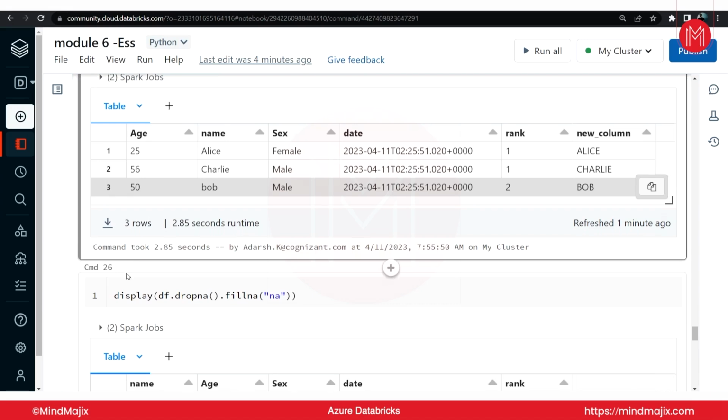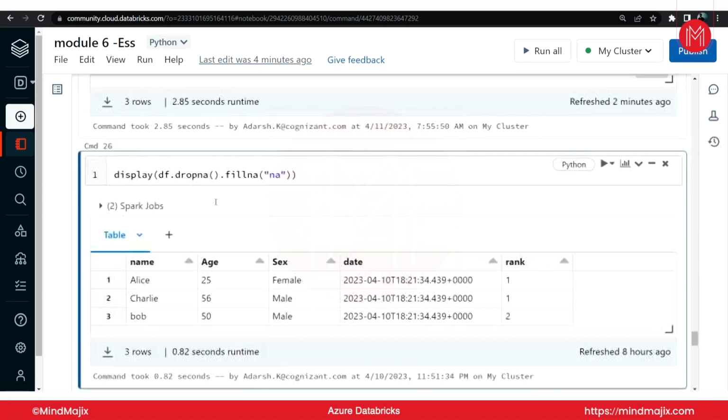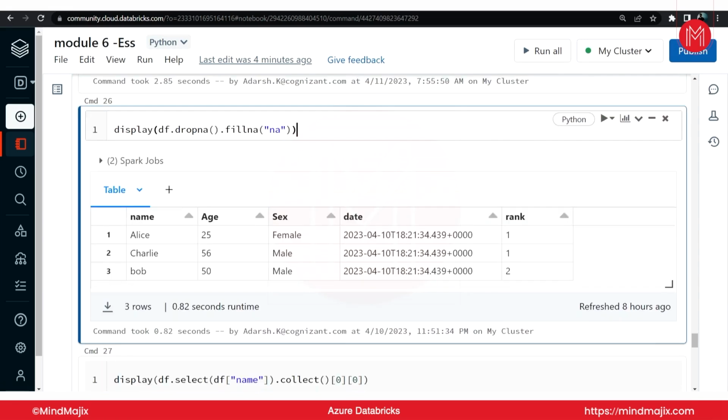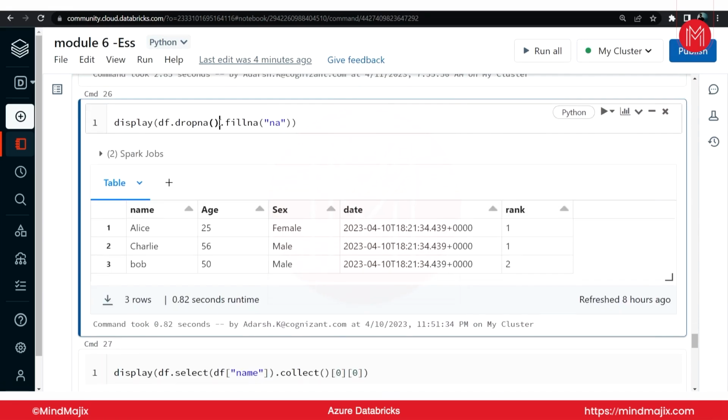The next thing we're going to look at is how to handle null values. Here, if we have any null value in any column, then it will basically drop that particular record. Initially it works at record level, but if you want, we could define another axis also. And if we give axis equal to 0,